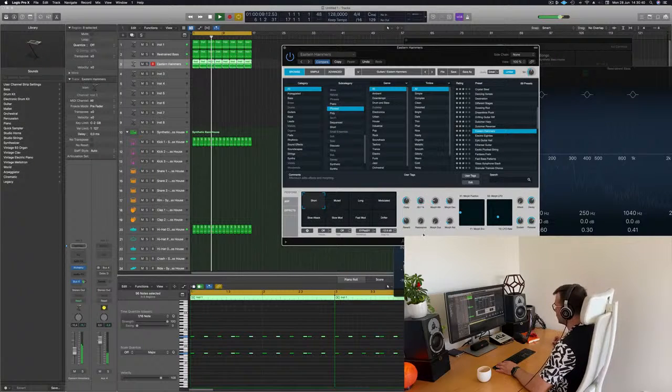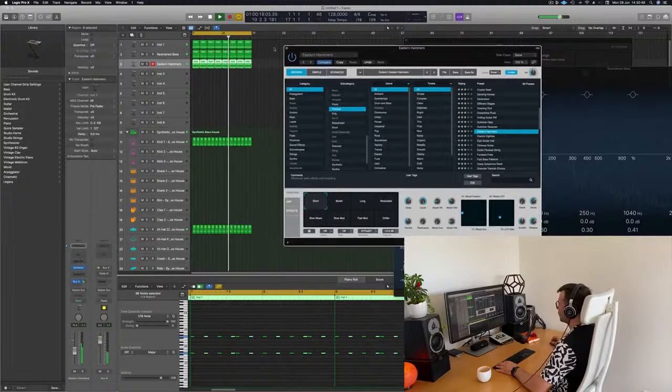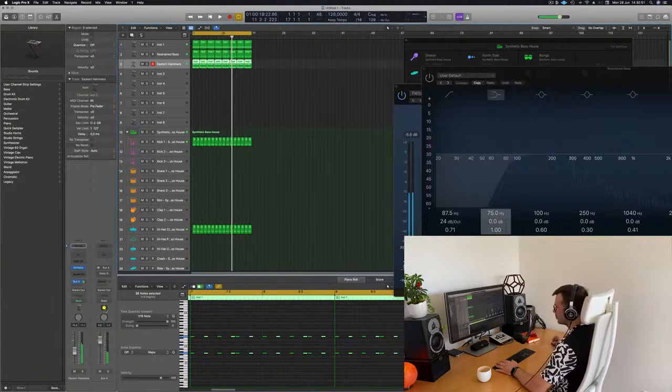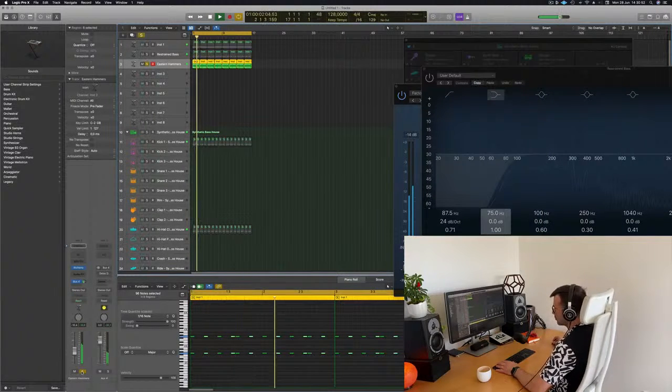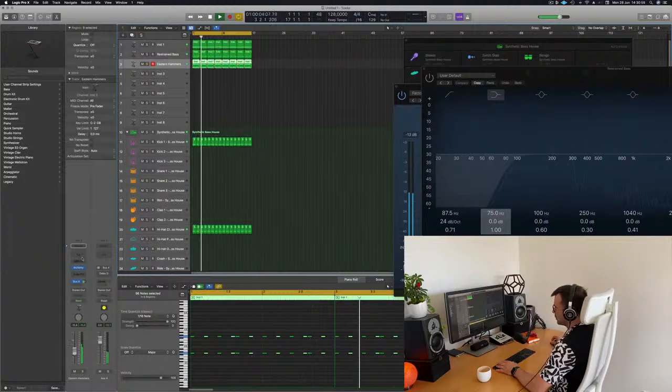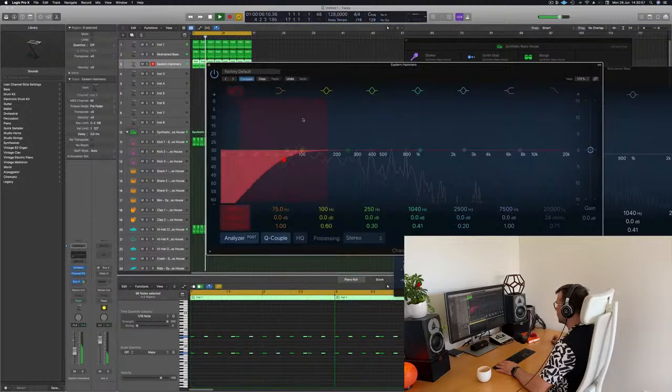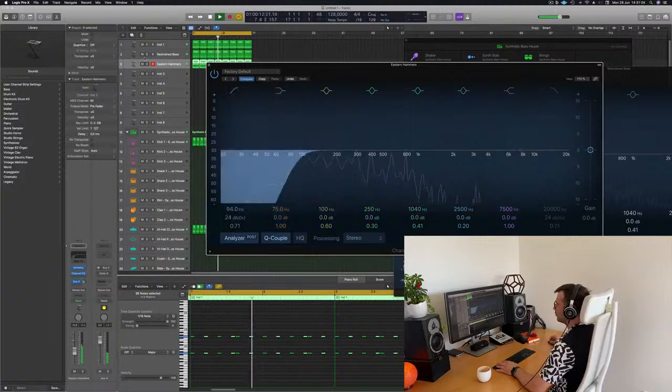And I can also cut it. Very nice, very interesting sound. I think there's a bit too much lows again, so I'm gonna cut everything below 100 because we have that nice bass that is there.